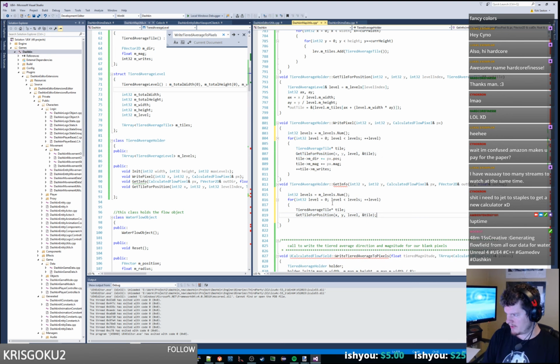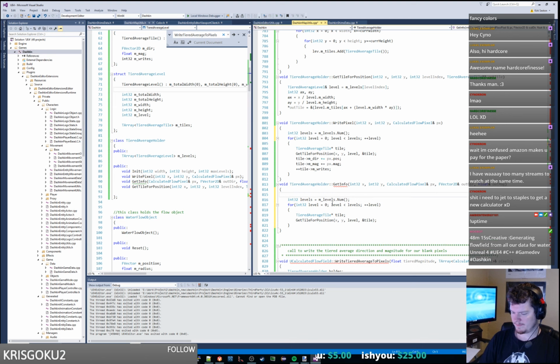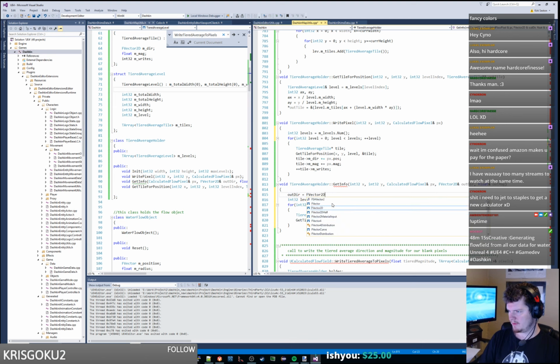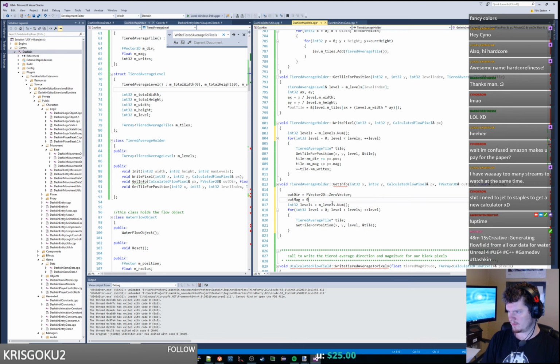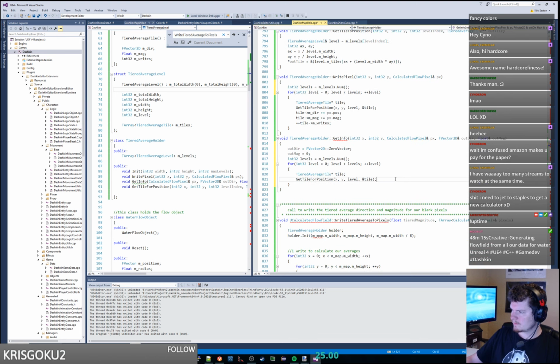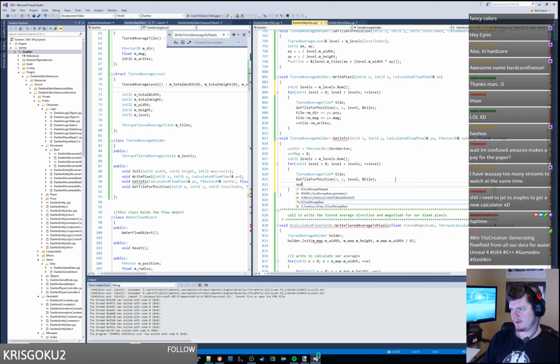So we'll get a tile for our position on every level. So we'll do outdir equals f vector 2d 0 vector and outmag equals 0. So what we're going to do is outdir plus equals tile dir, and